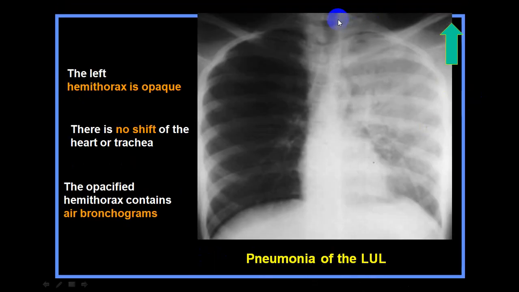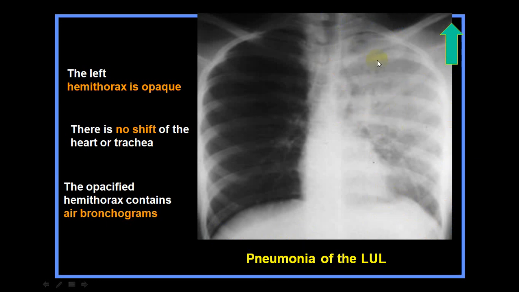Now here if you see, trachea is in the center, no shift of trachea, no shift of mediastinum. There is a uniform haziness in entire lung. Now, whenever you see no shift of mediastinum and a big opacity on one side, and through that also you can see the costophrenic angle, you can see the diaphragm, and in this you can see these black lines. This is called air bronchogram.